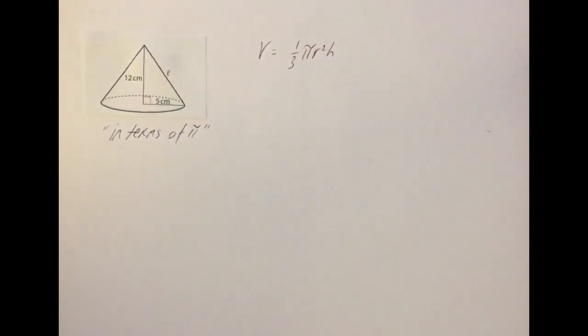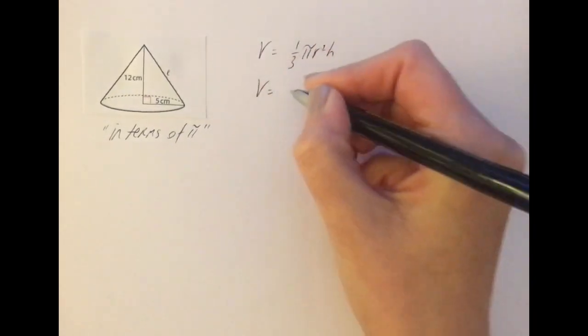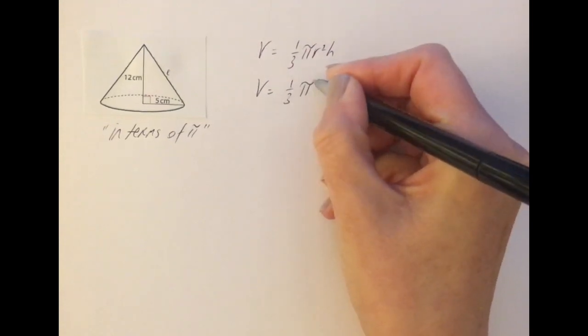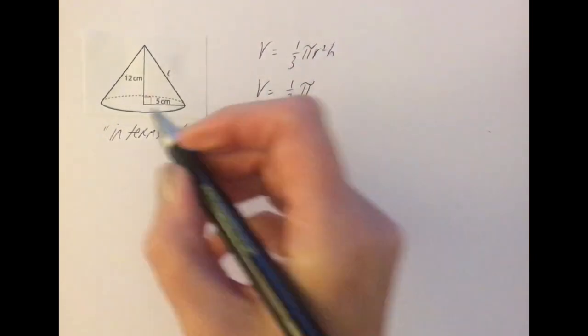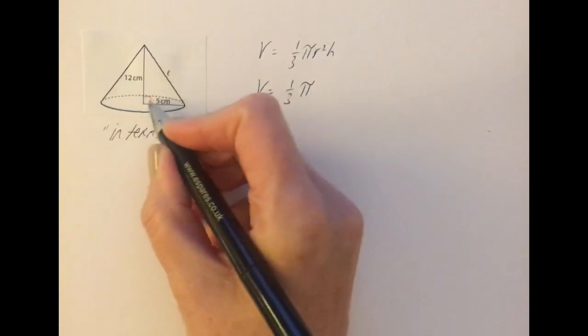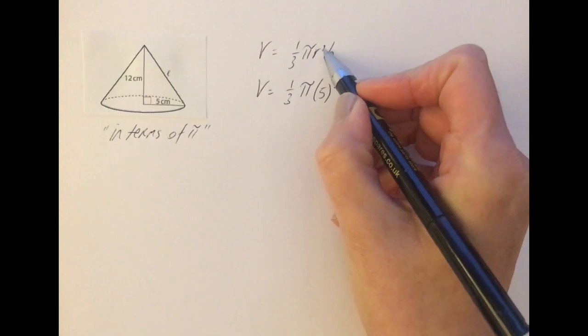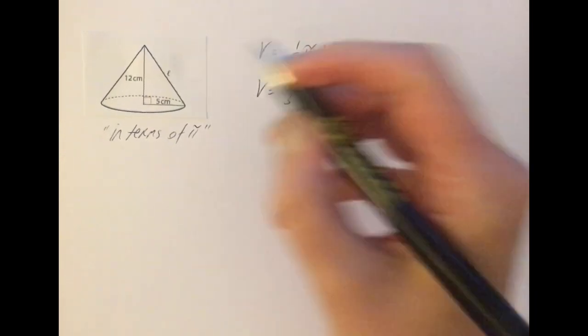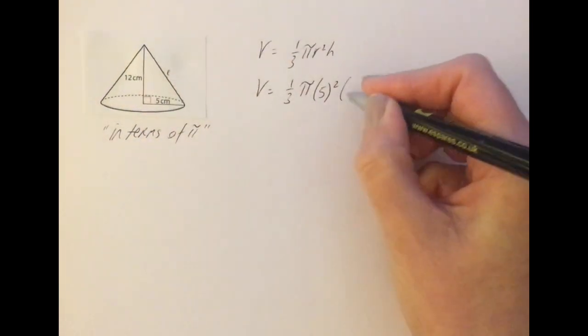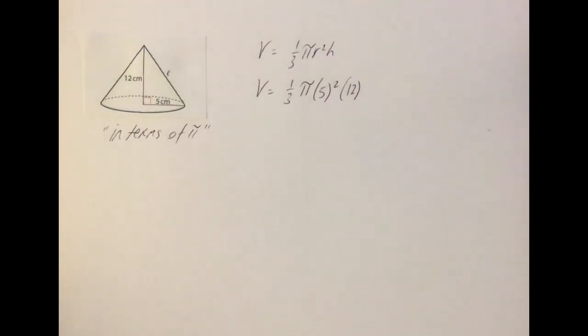And now we're going to fill it in. So V equals 1/3, we're going to leave pi as pi, and of course the radius is down here in the circular part at the base, which is 5, so 5 squared, don't forget the squared, follow that formula exactly, and the height of the cone is of course 12, so subbing it in brackets, and then on the calculator